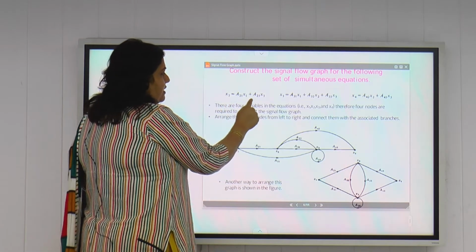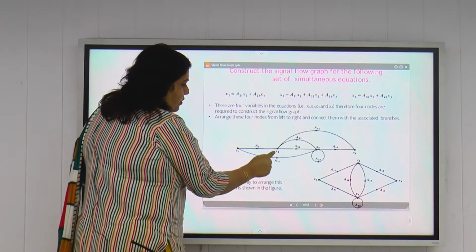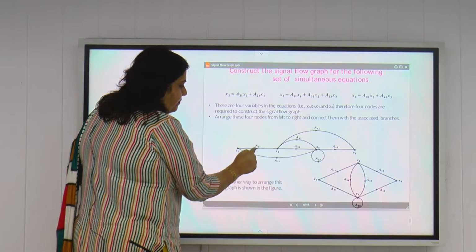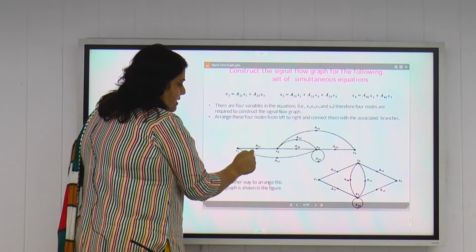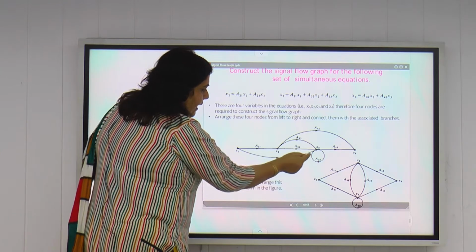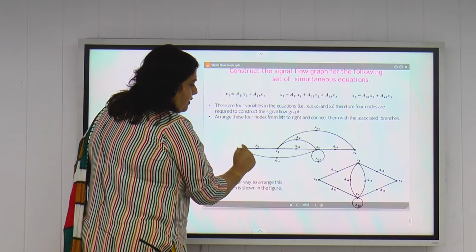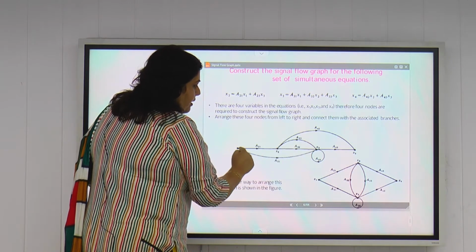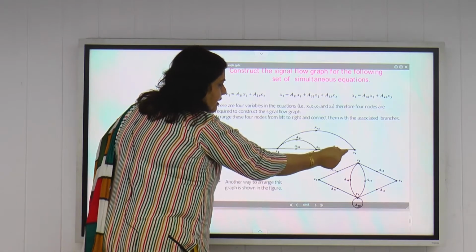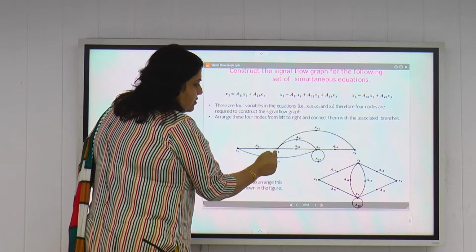Now we can see the first equation. What is x2? x2 is equal to a21 x1 plus a23 x3. So this is x2 here. x2 is equal to a21 x1, we can represent with the arrow. The arrow must be unidirectional, as I have already told you. x2 is equal to a21 x1 here, plus a23 x3. So this is the x2, because on x2 we have only two inputs here. One is from x1, other is from x3. This is the output, so this will not be considered here. So these are the only inputs that are coming from x1 and x3 on this x2 node.